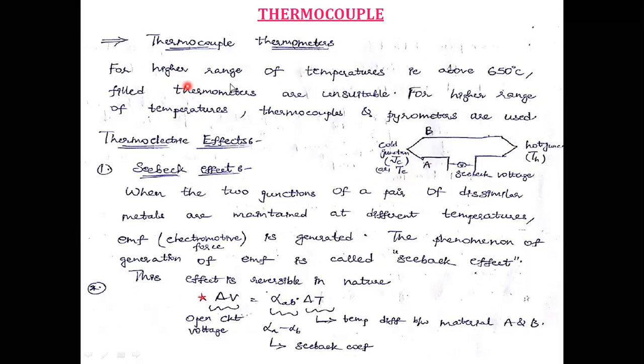See, for higher range of temperature, that is about 650 degrees centigrade, filled thermometers are unsuitable. Above 650 degrees centigrade, to measure, many thermometers are not suitable. For high range of temperatures, thermocouples and pyrometers are going to be used. High range of temperatures can be measured by using these thermocouples as well